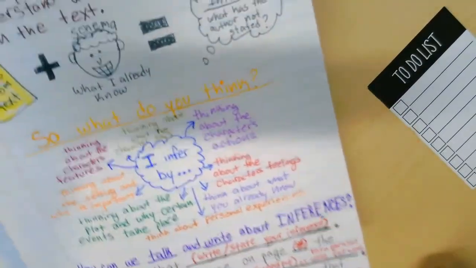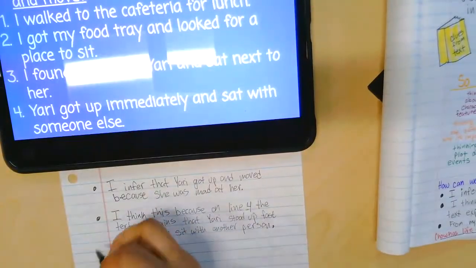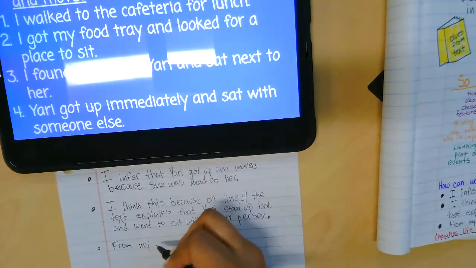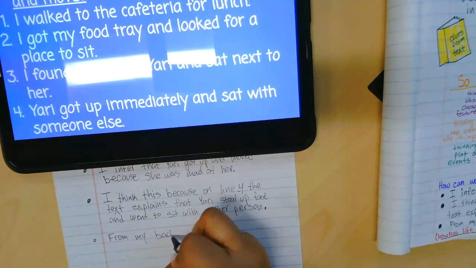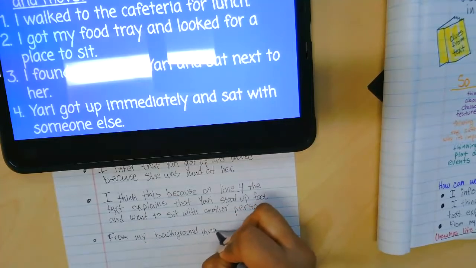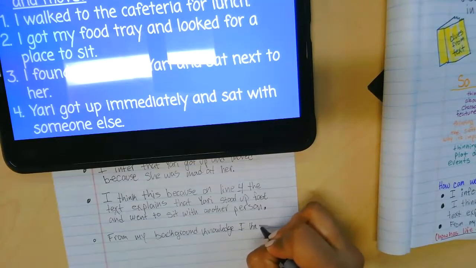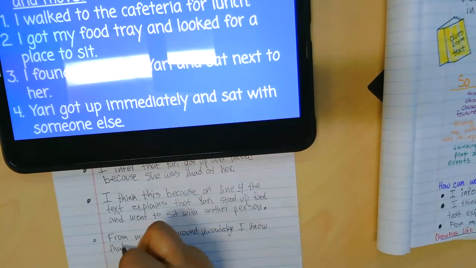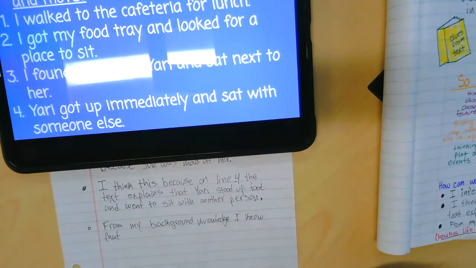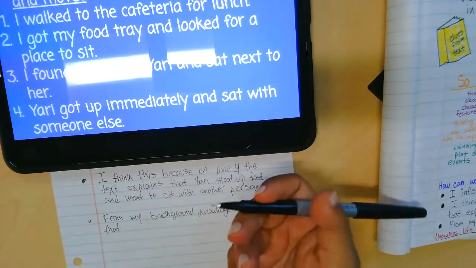And then on the last one, you're going to use from my background knowledge, I know that, or from my personal experiences, because we're using our schema now, what we already know. So I'm going to write from my background knowledge, I know that, and I know that from my background knowledge, I know that